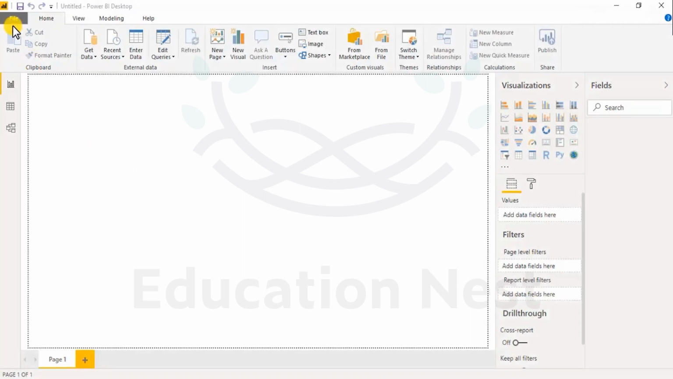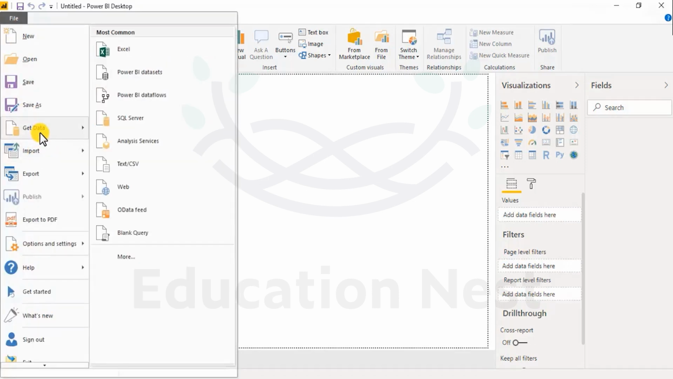Let's begin with importing some data to play around with and then explore the options under the menu bar. First of all, we need some data. We go into Get Data, and to begin with a very simple piece of information, let's connect to the Excel